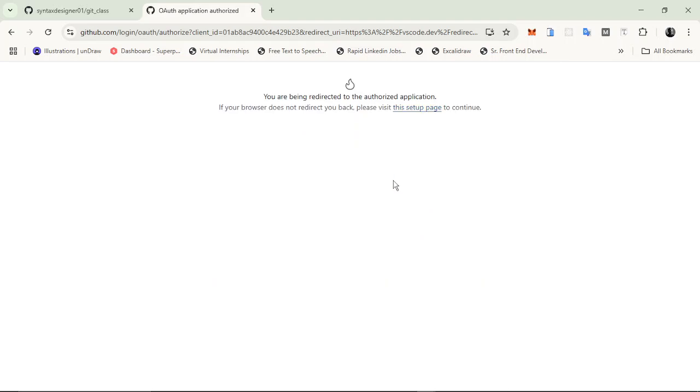Make sure that it's the same browser that you logged in with your GitHub. Let's say I use Chrome Dev a lot, and you signed in on your Chrome Dev. Make sure it's that Chrome Dev that you're opening this link on. So I just click on,